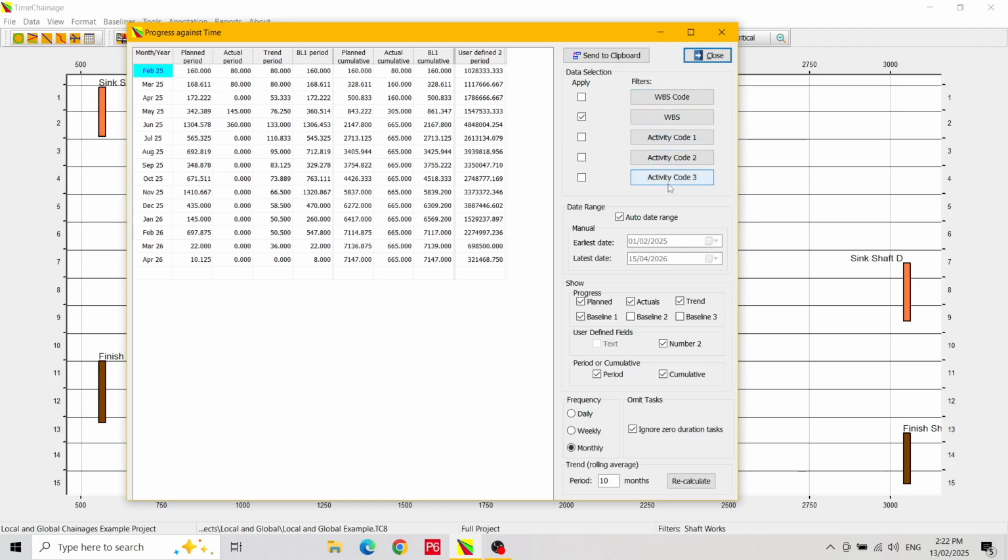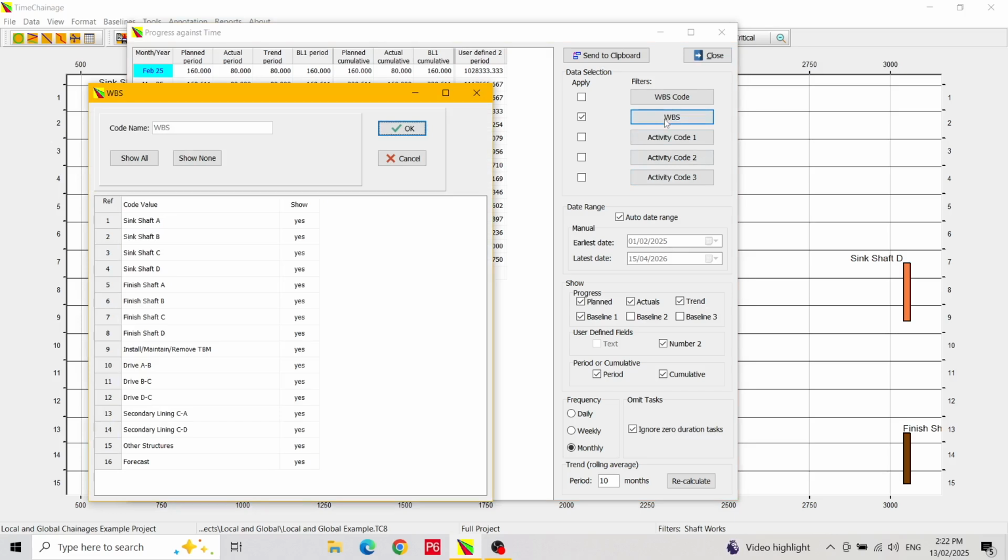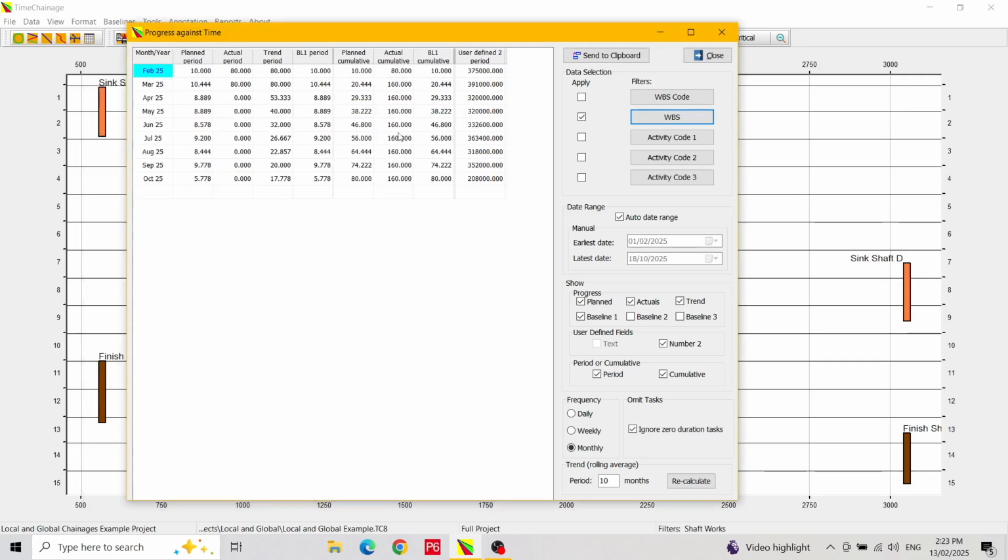In each code you can select multiple values. Let's look at the WBS to start with. Let's select all the shaft sinking values. We will click on the Show None button first, then select just the sink shaft values. All activities with a sink shaft code will be shown. Let's click OK. We could, if we wanted, select values from the activity codes as well to further refine the